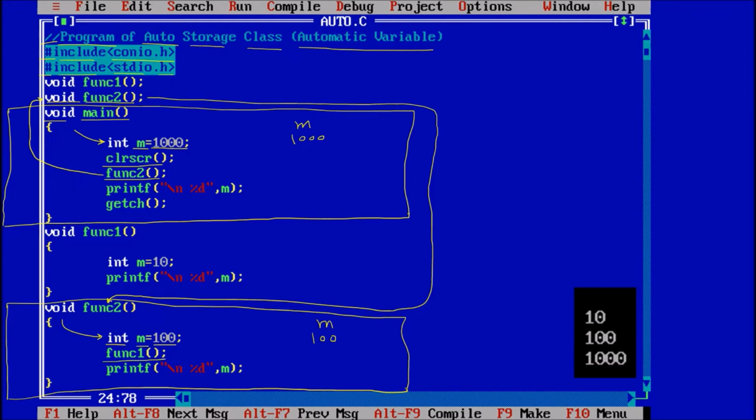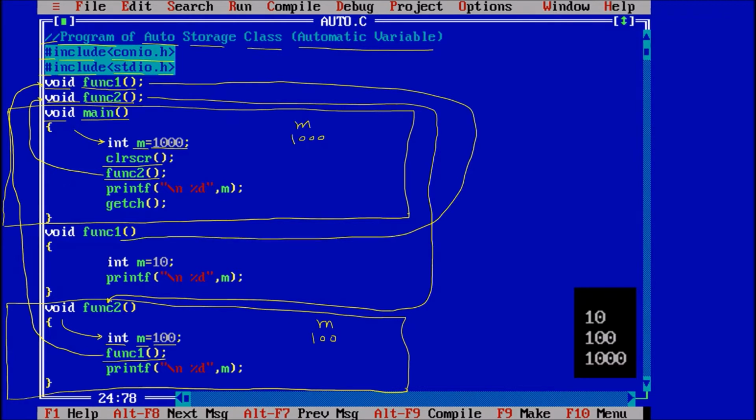Now func1. After that it is going to call function1 and we know that it will go to the top and check. Yes, the prototype is available. Prototype means one function is declared, so the compiler will go and search for that function. We will find that function here. This function1 is also having its own boundary. When it comes inside, int m equal to 10, perfectly okay. So one more variable m is declared with the same name, but that is in the boundary of function1.